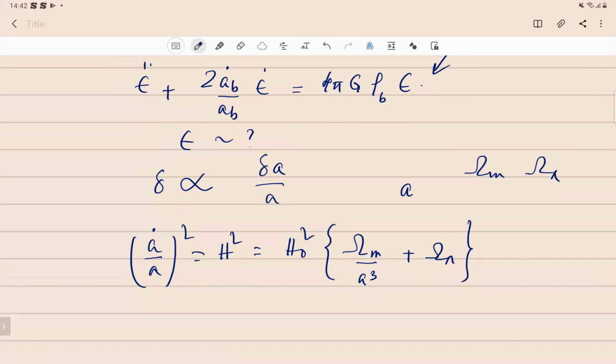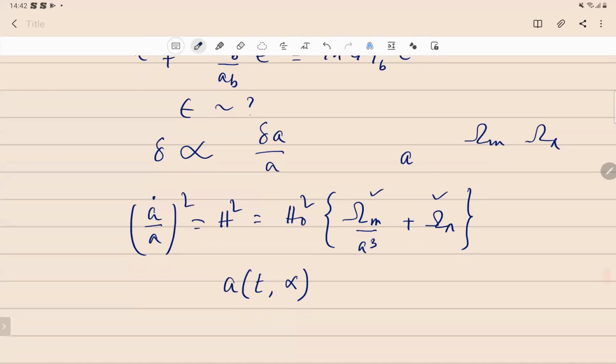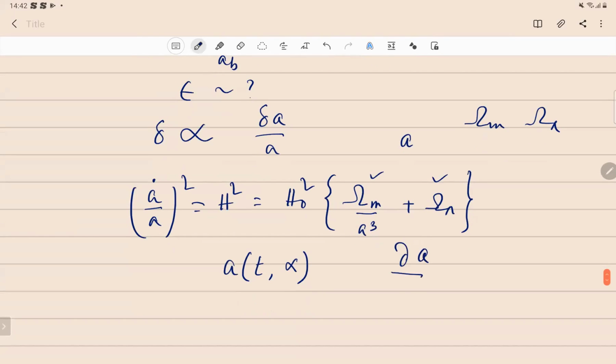We are interested in the variation of A. Now, A will depend on these parameters. And of course, when you integrate, you will get a constant of integration, which will be another parameter. So A will typically depend on time, but it's dependent on a set of parameters alpha, right? And when we say that I change A at a given time, everything is at a given time. So this delta will be proportional to the variation of A with respect to these parameters. So we are interested in this del A, del alpha,